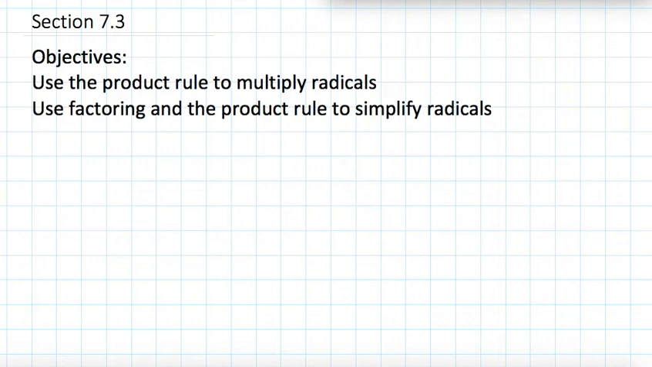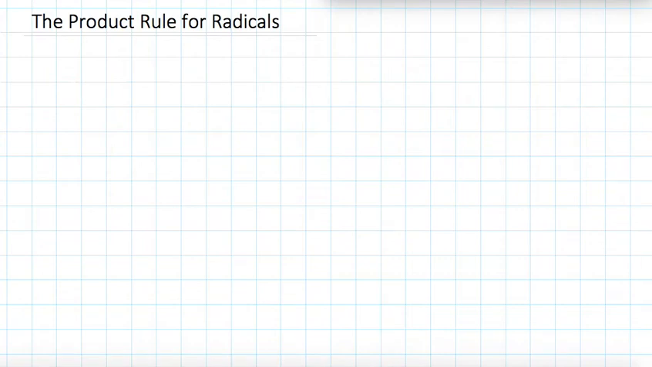This video is for section 7.3. Our objectives in this section are to use the product rule to multiply radicals and use factoring and the product rule to simplify radicals. So first we're going to talk about the product rule for radicals, and we're going to